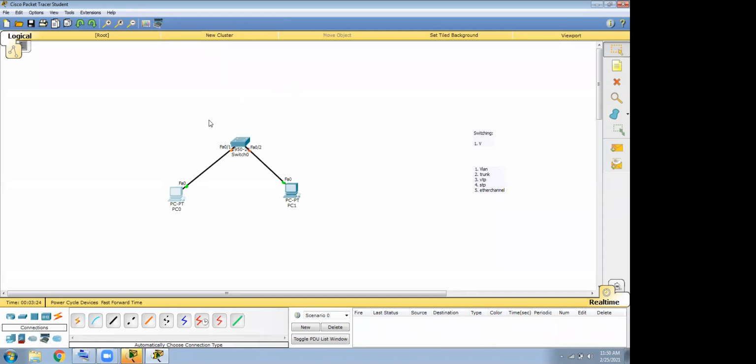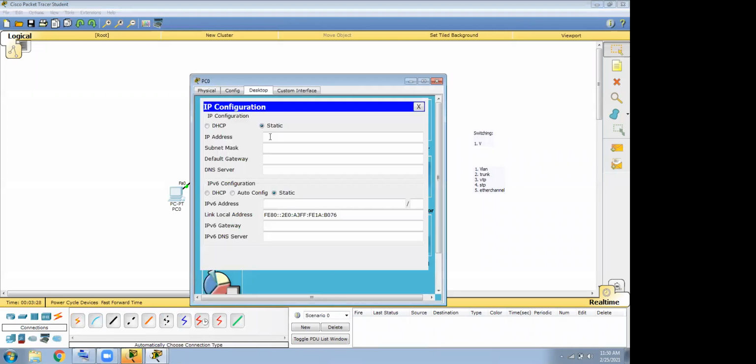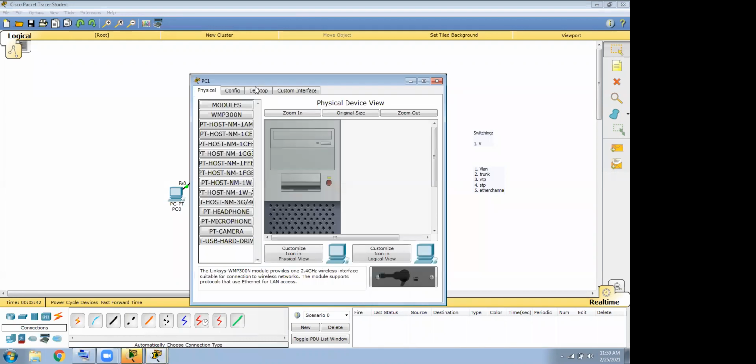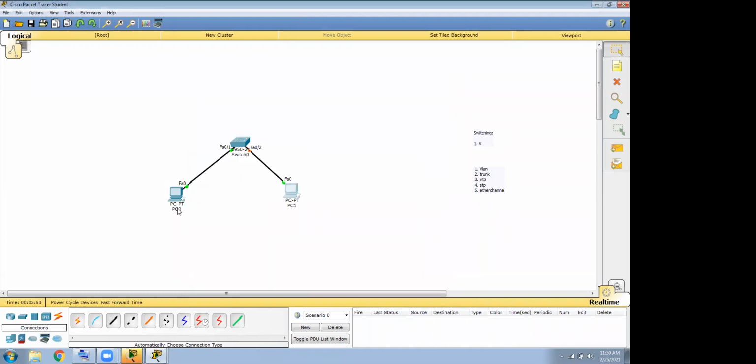Let me give the IP address for this machine: 192.168.10.10, slash 24. Similarly, let me give this machine another subnet, 192.168.20.10.